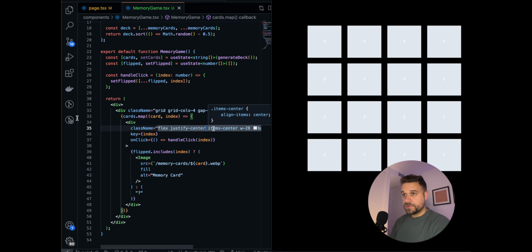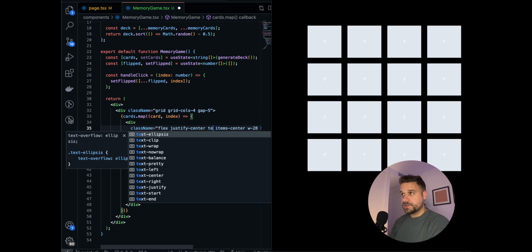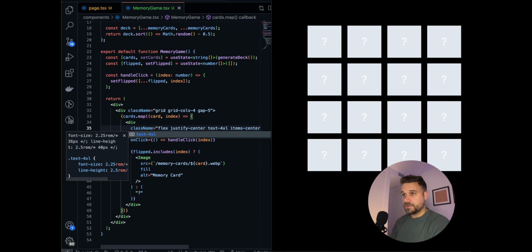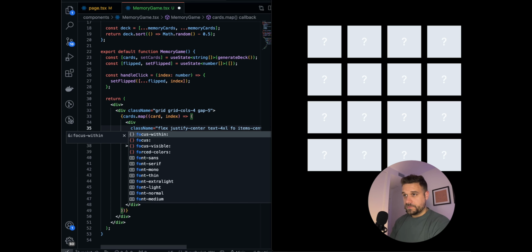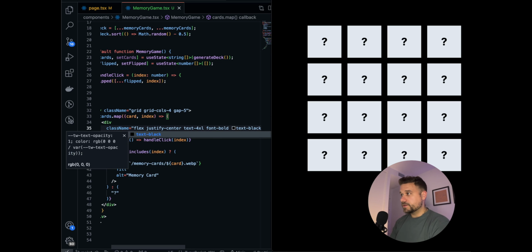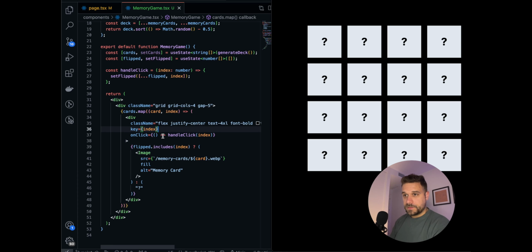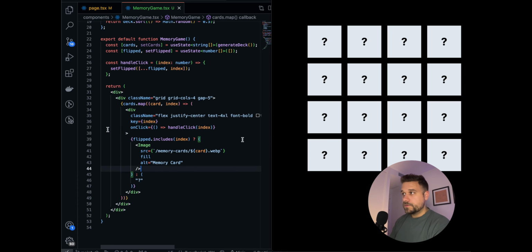Yes, also let's make it look just a little bit bigger with text XL. Yes, and font bold maybe, and text black, and now it looks, I think, nice. And now if we click it,